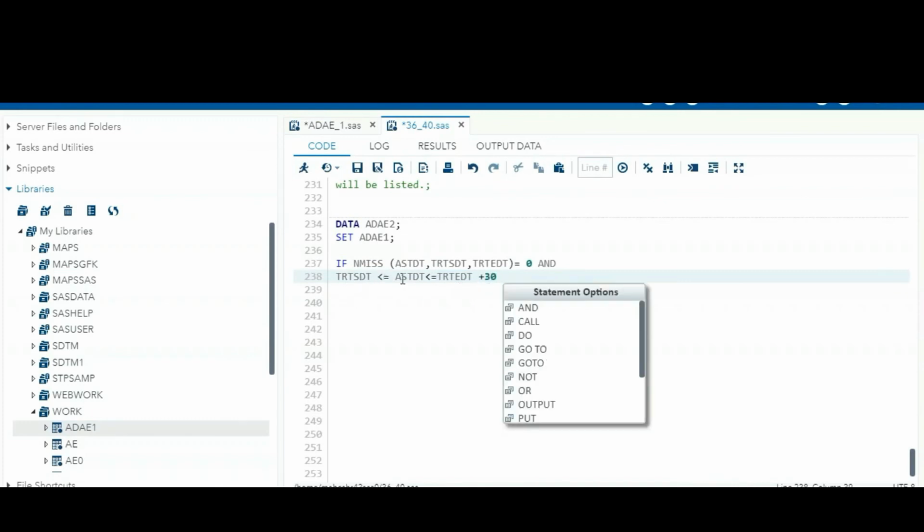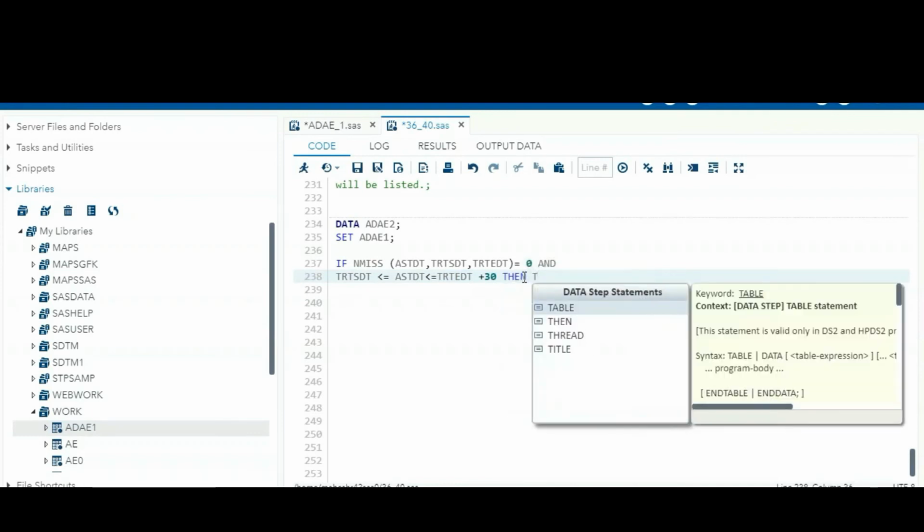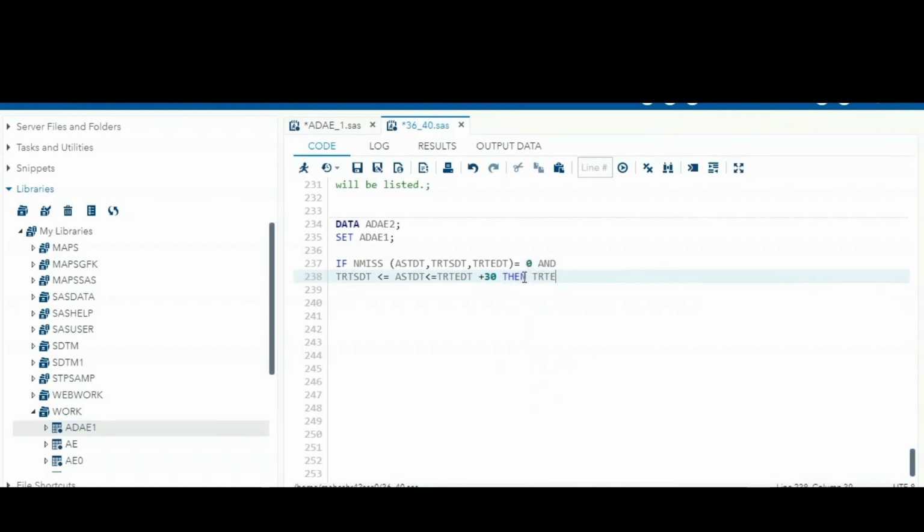So the adverse event start date is on the day or above the treatment start date, and it was below the treatment end date plus 30. For example, today is the treatment end date, so adding the 30 days, before also, after also, if the start date occurs, we can consider that as treatment emergent AE. So TRTEMFL equal to 1.